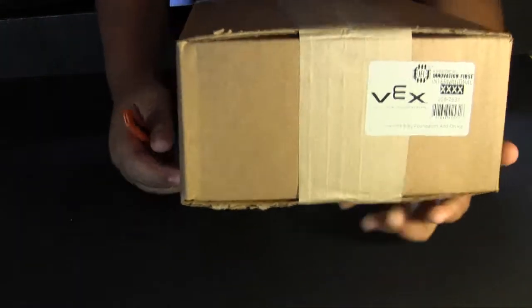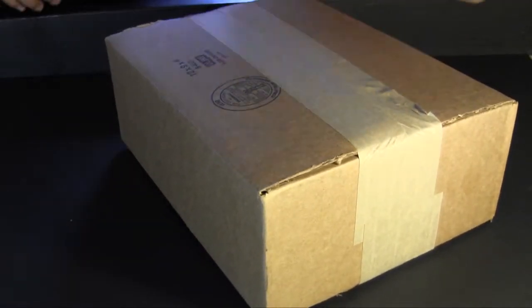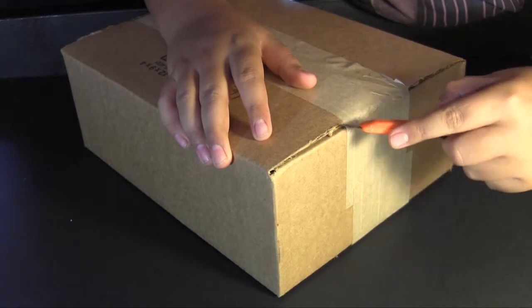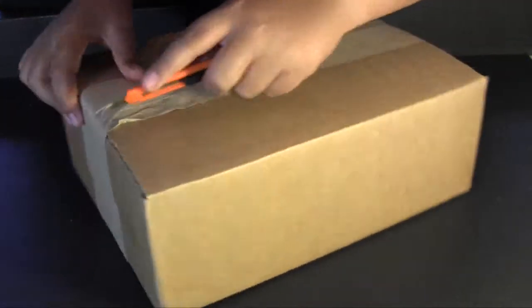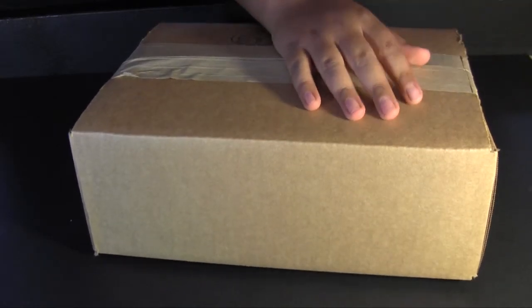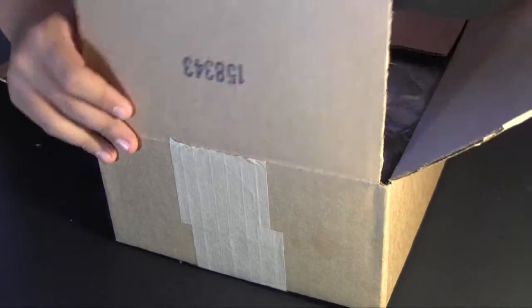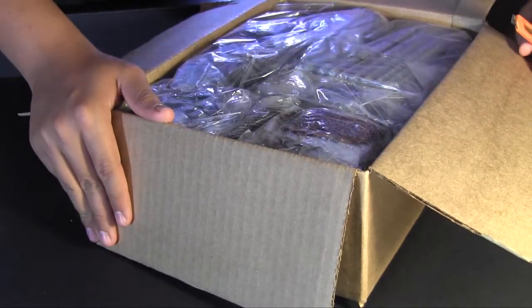Now we'll be moving along to the secondary part, add-on kits. This one's mine. Yeah, I know. Elementary add-on foundation kit. Yeah, it's the foundation add-on kit. It's upside down though. I'll open it in the box. Hang on a second. There we go. Now then, it appears to have everything the last